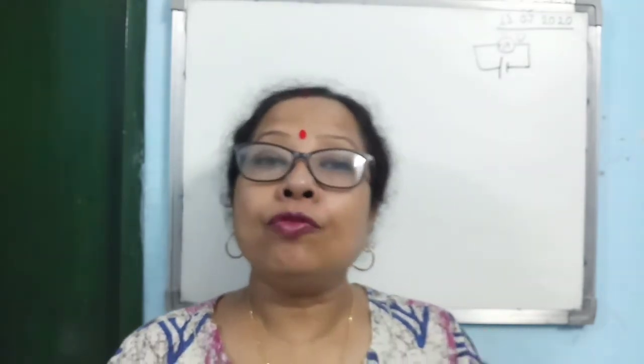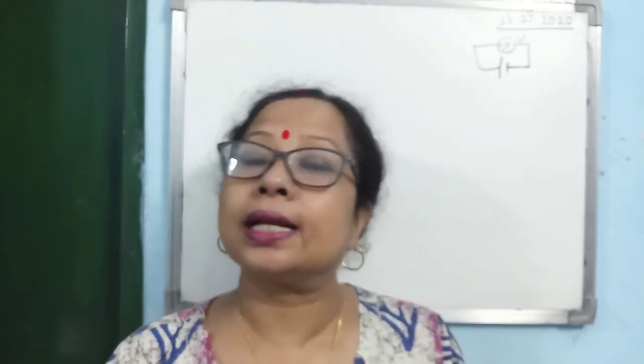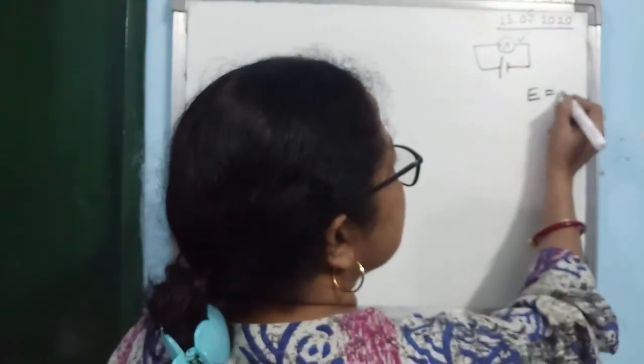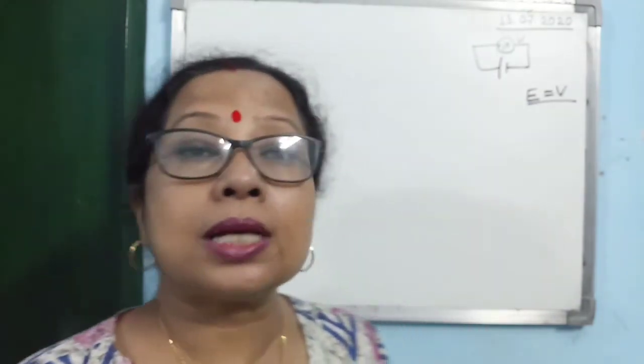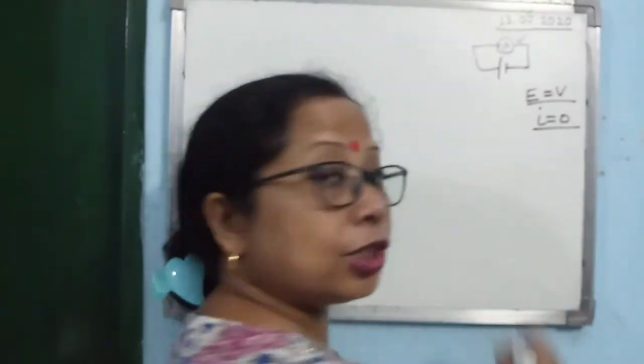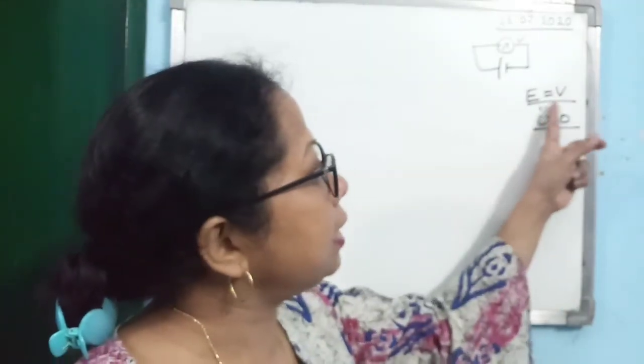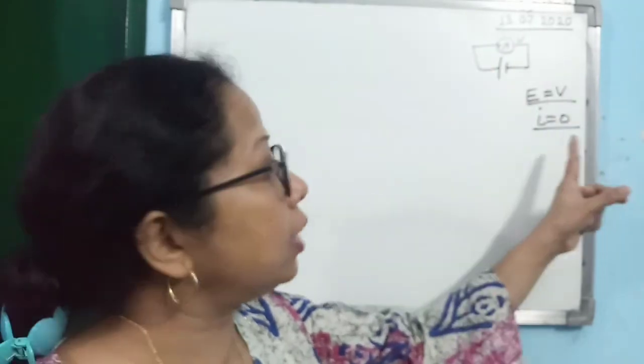Now if you consider the potentiometer, when we are taking the reading of the length of the potentiometer wire, what is the condition? Galvanometer is giving you no deflection. Is that clear? It means no current the cell is sending through the circuit, so the cell is in open circuit. And I hope you remember under which condition E becomes equal to V: when the cell is in open circuit, when the current passing through the circuit is 0. In the last lecture only, it was there that under which condition E becomes equal to V. The first condition was current will be 0.